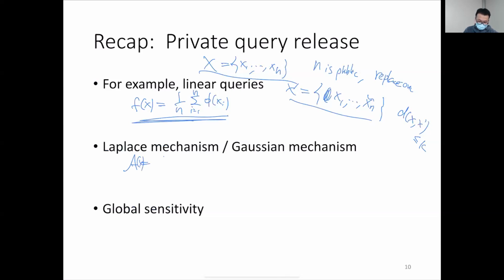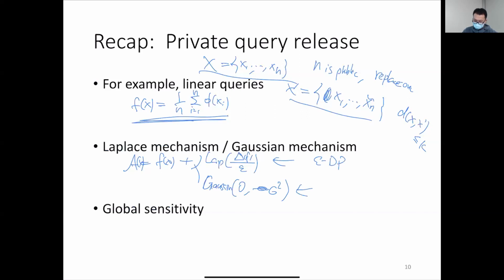This mechanism A takes dataset X and outputs, say, Laplace noise with a parameter being the sensitivity of this F over epsilon, or the Gaussian mechanism, which adds Gaussian noise to every coordinate with parameter, I guess, sigma square, and this is known to satisfy epsilon differential privacy, and this is known to